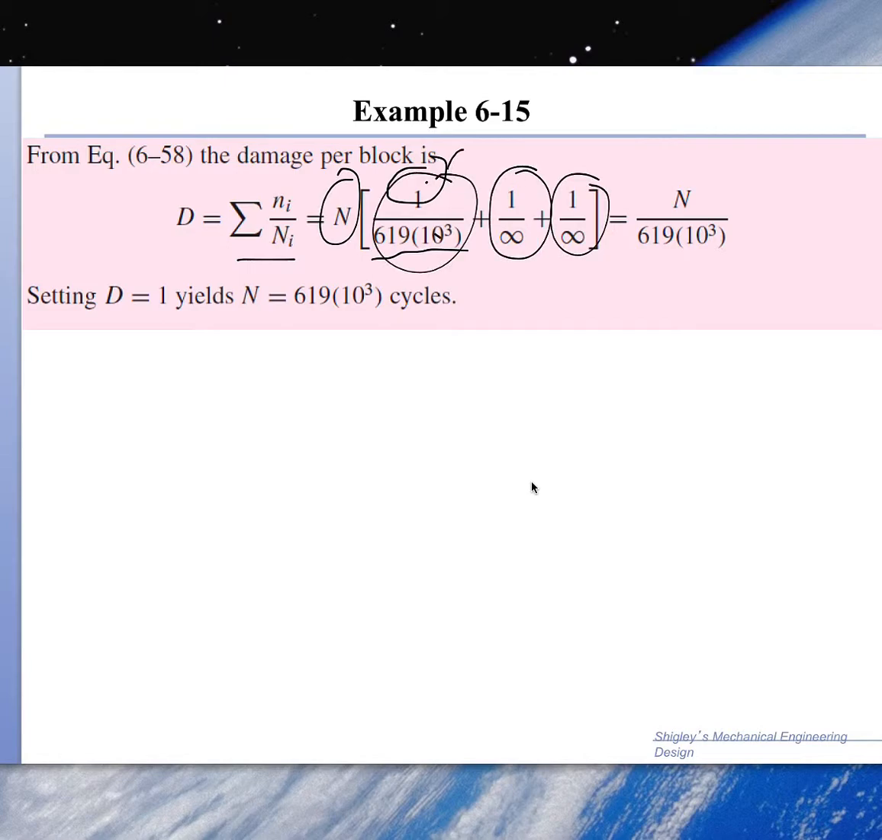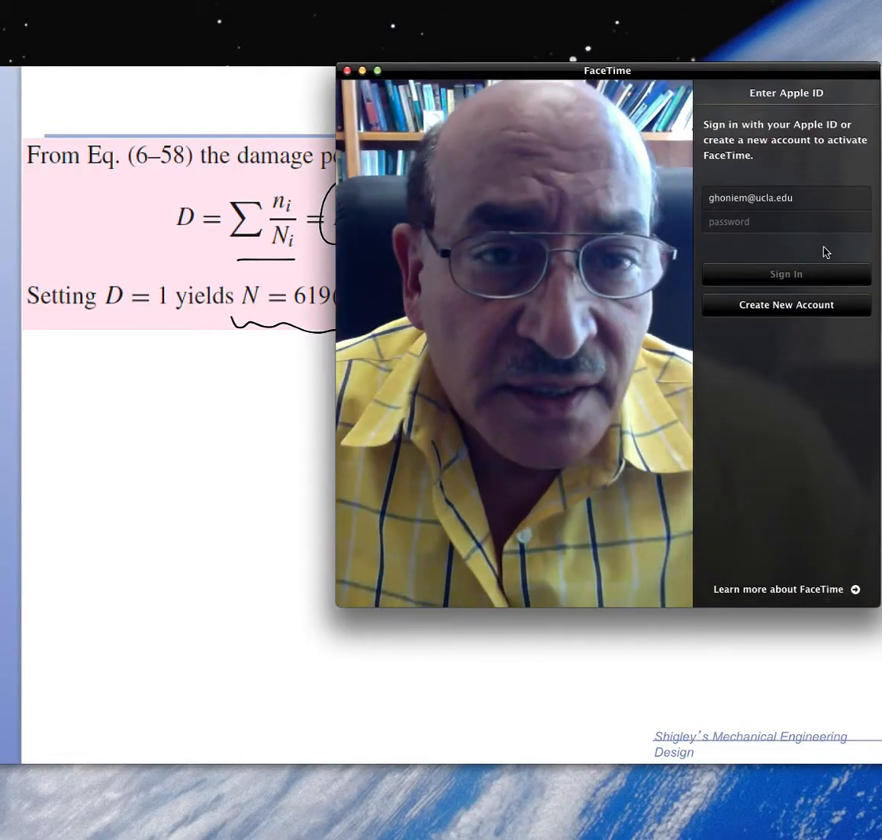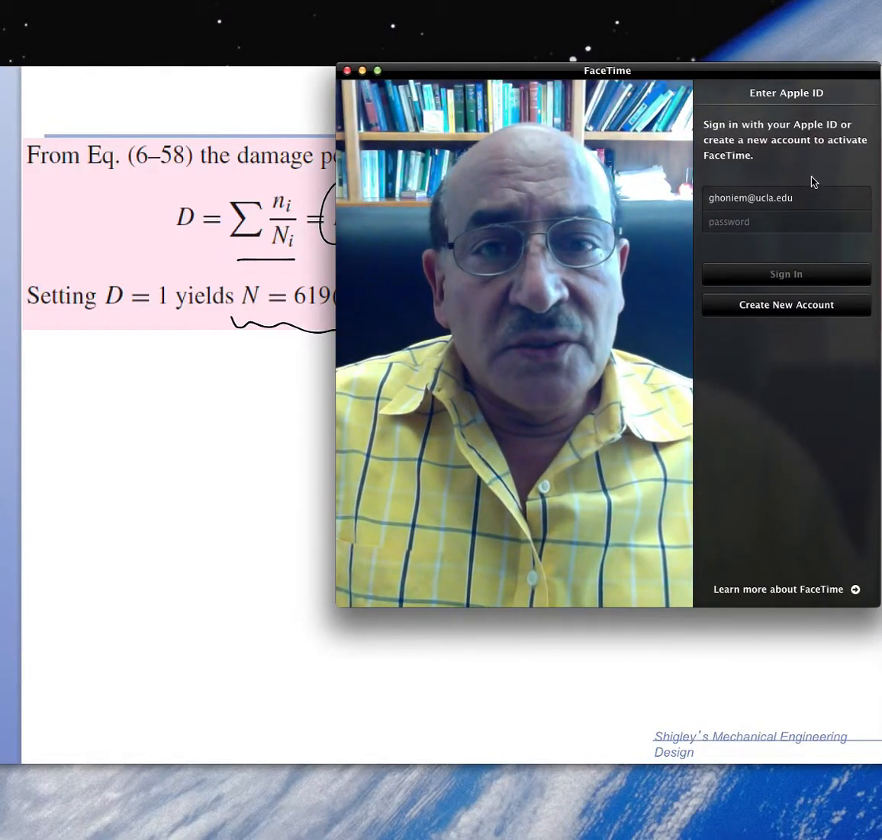So when you add up the 3 fractions in a block, you multiply by the number of blocks, you will get this equation, and you solve for the number of blocks, you get 619,000 block cycles in this case. So this is basically the idea here. And now let's see what kind of